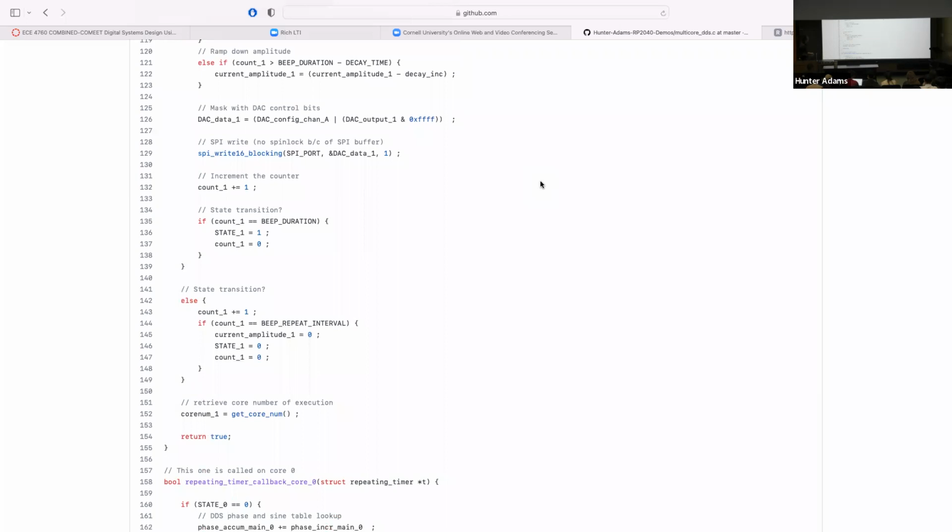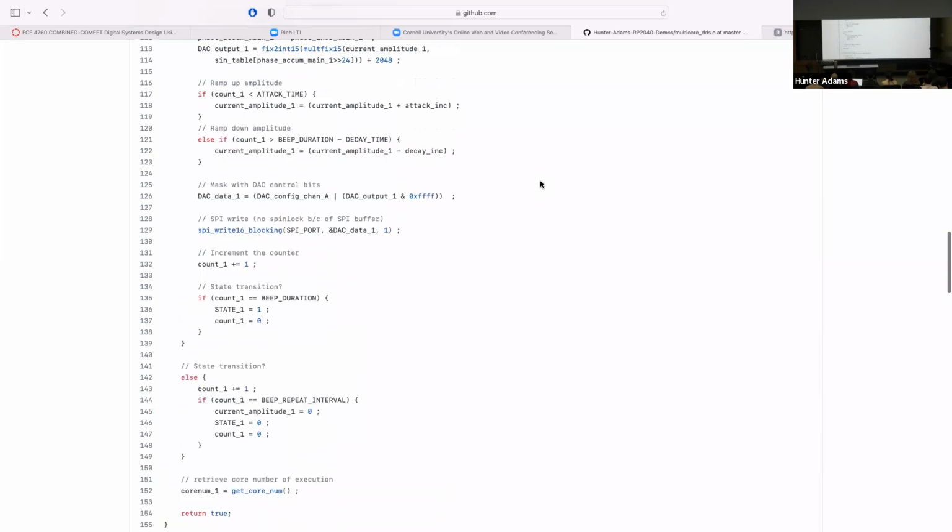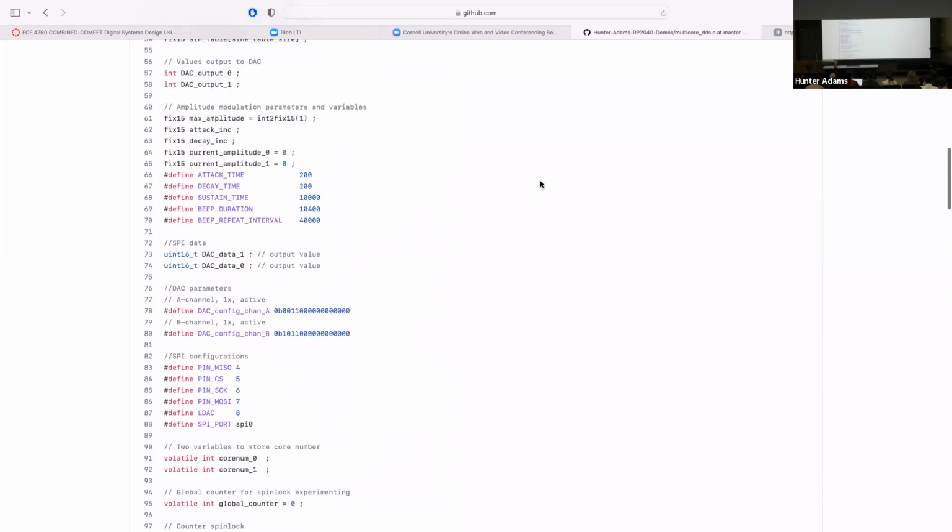The consequence of this is that this will produce beep, pause, beep, pause, beep, pause. And the length of that beep and the length of that pause are controlled by this beep duration parameter and this beep repeat interval parameter. I want to just make a point about these very briefly. If we look at the value of these,